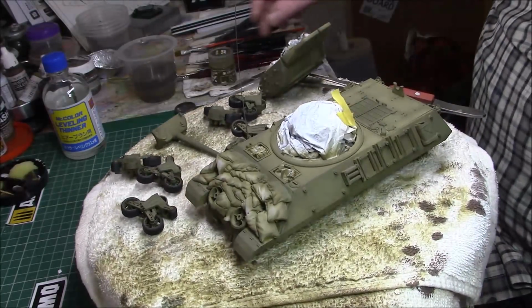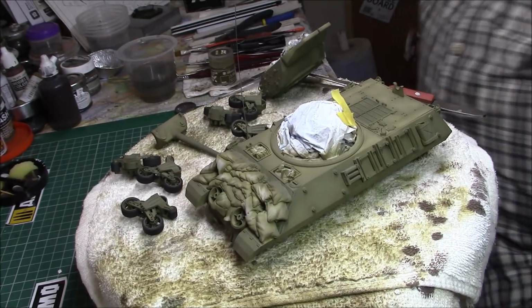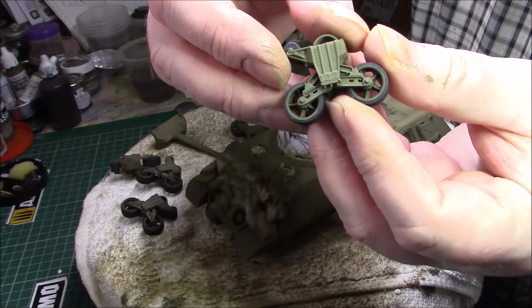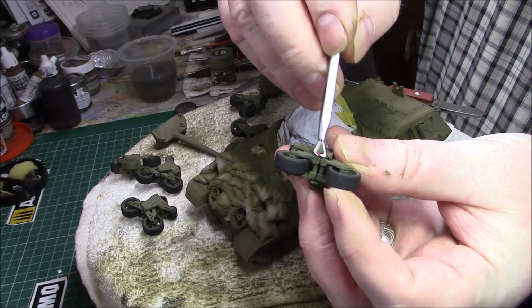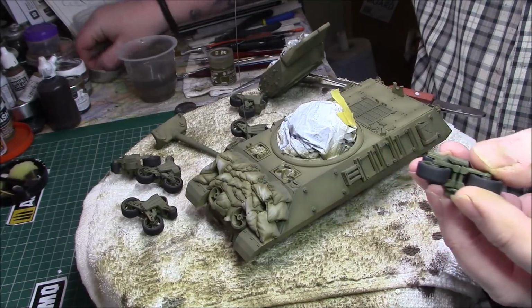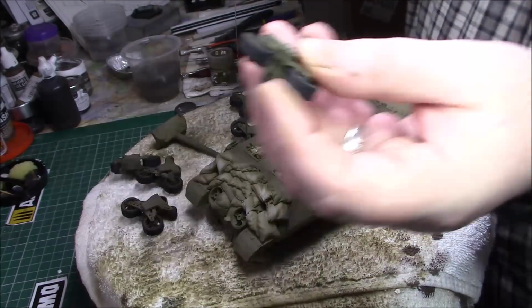I've noticed on quite a few people's videos, I may be wrong, I'm not 100% sure, but if you look at somebody's build of any M10, the Duckbill, on the very bottom of the bogie, on this part here, there's a round factor here, I've saved them. Where the hell did I put them? Yeah, here we are. A pair of tweezers to find it. Is that them? No, that isn't it. Well, whatever it is, there's a piece of flash,